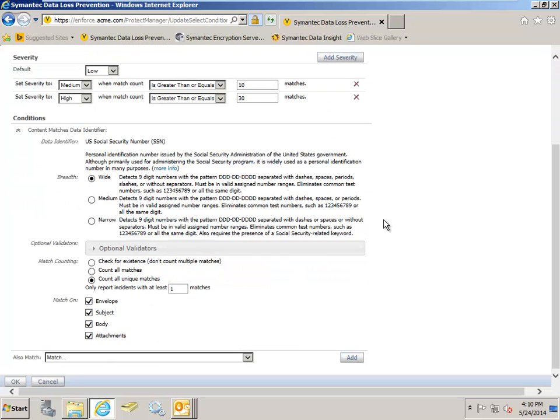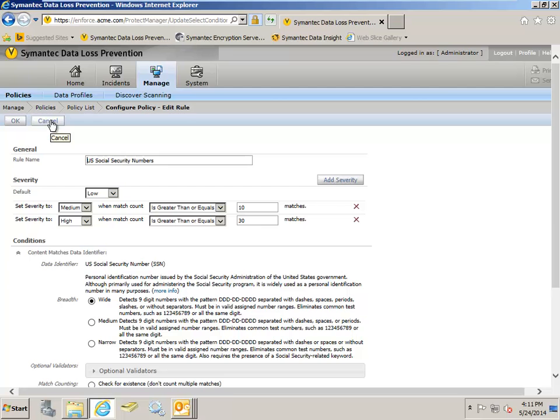Then for data identifiers, you can see that there are various breadths, we call them, for the data identifiers: wide, medium, and narrow. And the key here is that as you become more narrow in the breadth, you're basically adding more validators. So this gives you some flexibility. If you start off at wide, you're casting a very wide net. You may find that you're seeing a few false positives, in which case you can quickly bring it down to medium or narrow breadth there. But you have a lot of flexibility in terms of the policy authoring here. So let's cancel out of here,